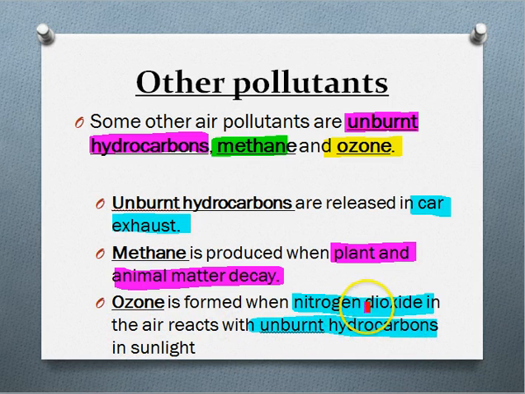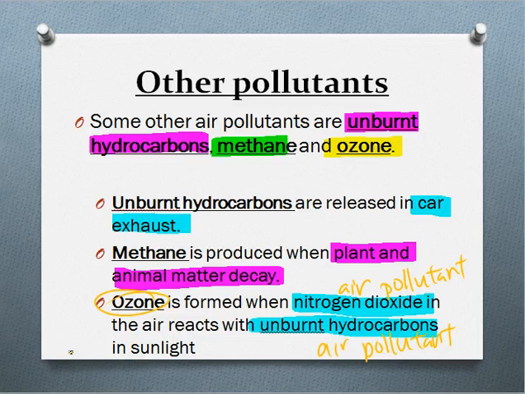So you must put these two together. You can see this is already an air pollutant. This unburned hydrocarbon is also an air pollutant. So when you put these two air pollutants together, you get some more air pollutant, which is your ozone. Some of you may say, isn't it a good thing to have ozone? Definitely it's a good thing to have ozone in the upper atmosphere. This is bad in the lower atmosphere.